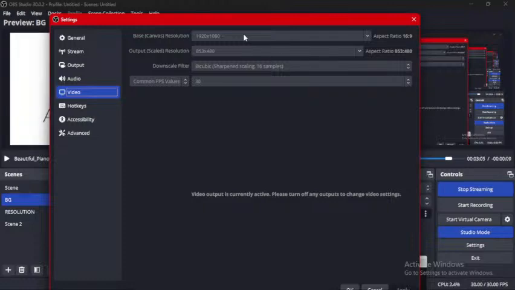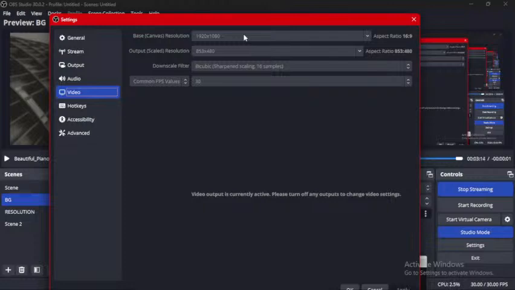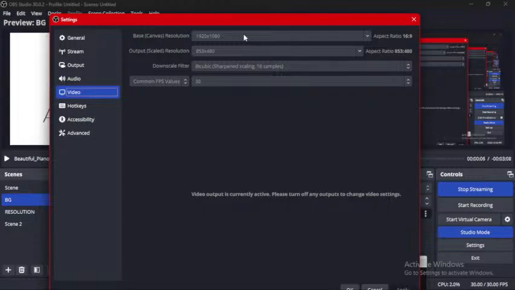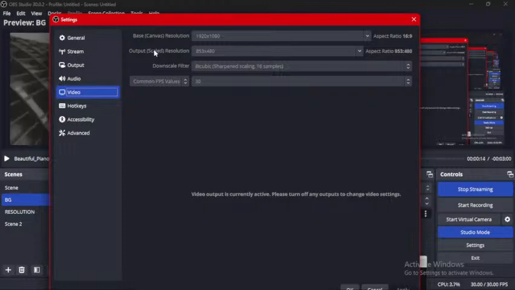Sometimes it's just that we are streaming at a higher output resolution, which is very strenuous to our computers or our processors. Yes, we stream at a higher output resolution, and sometimes it's the network, because we have a very fluctuating network in this side of the world. So we need to take note that this output resolution plays a crucial role in the smoothness of our stream.